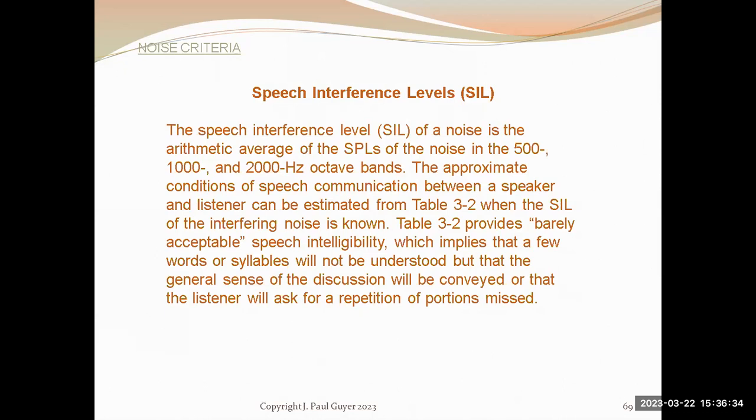Speech interference level is intended to be a representation of a sound environment, noise environment that will allow two or more people in a receiving room to communicate in an appropriate manner, possibly in whispers, possibly in